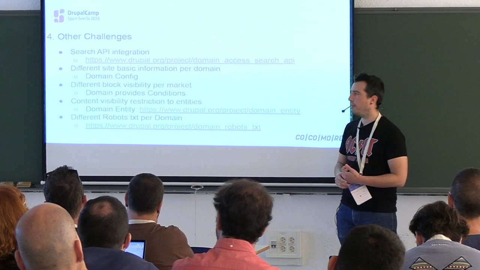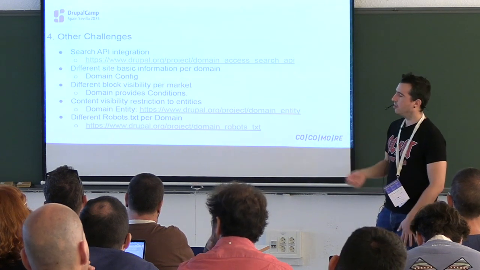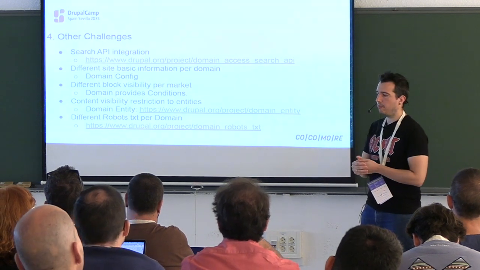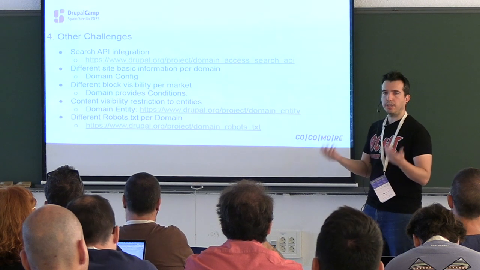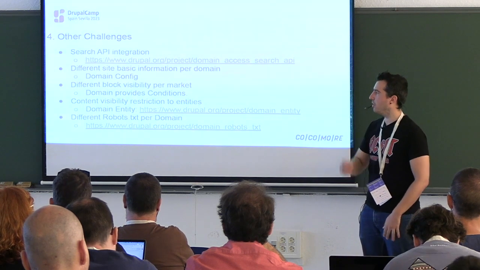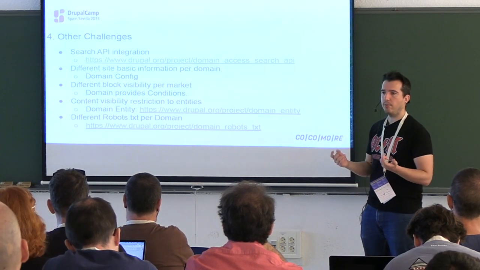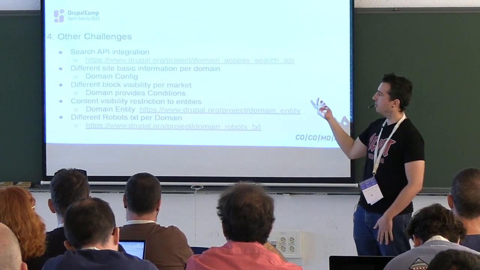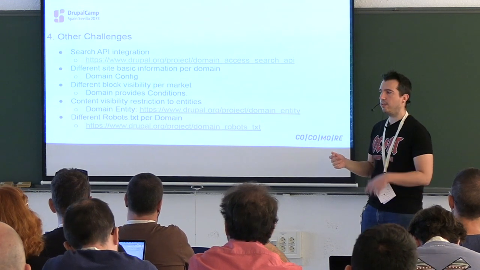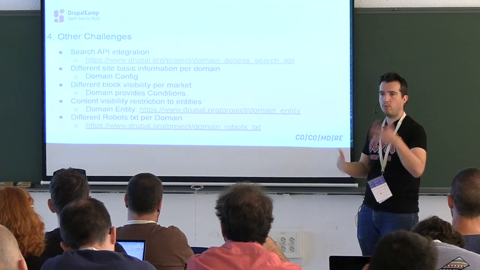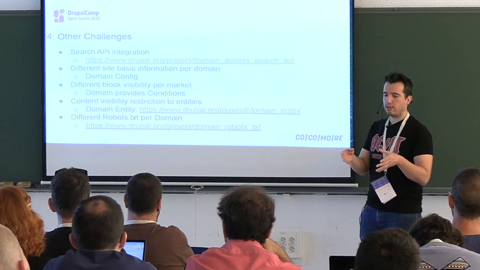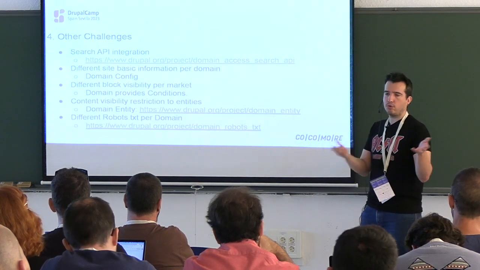Other challenges that we have to face. How do you integrate with Search API? By default, content restriction works with normal views, because the way it is done works perfectly. The problem is that when you are indexing content, how do you make Search API aware of your domains? Also, you need specific filters applied to your views in order to show one content or another, because the content is not coming from the database. Well, it could be, but the problem is that it comes from a search engine instead of your usual database, right?